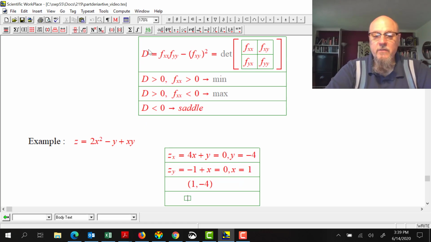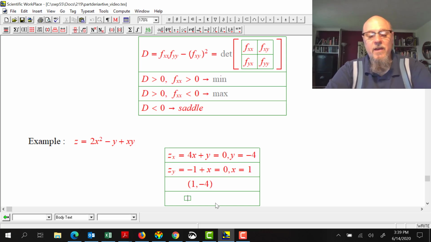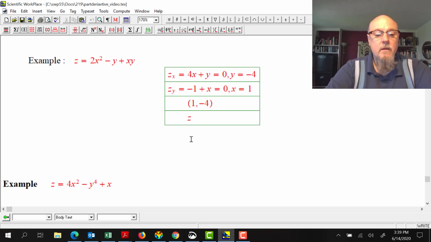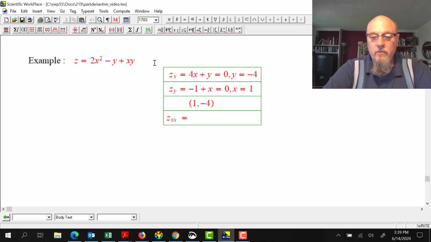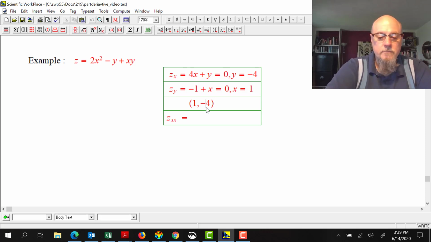Well, we got to calculate this D value, so I need all the second derivatives then. So let's get our second derivative with respect to x. That's going to be 4. I need our second derivative with respect to y, which is going to be 0. And I need the mixed partial,